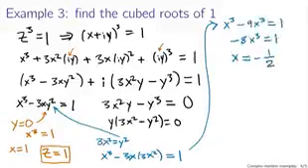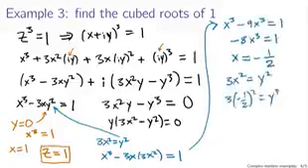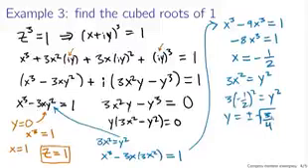Now, where does that leave us? That leaves us substituting this back into this expression, which tells us that 3x squared equals y squared. x equals minus 1/2, so 3 times (minus 1/2) squared equals y squared, which tells you that y equals plus or minus the square root of 3/4, if you finish your solution. So now we have two solutions for y coming from one value for x,